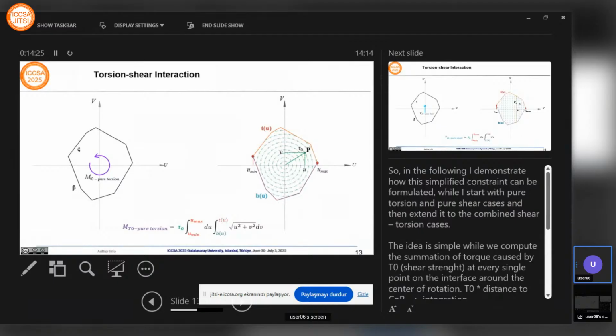The idea is that we try to find the torque caused by the shear or tangential resistance at any arbitrary point on the interface. These values together, and then